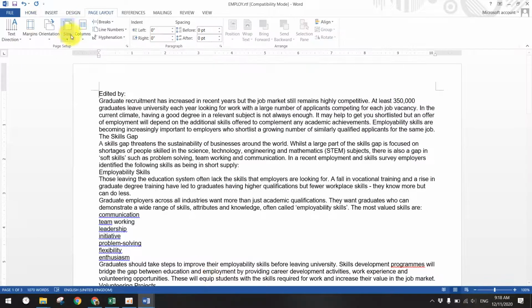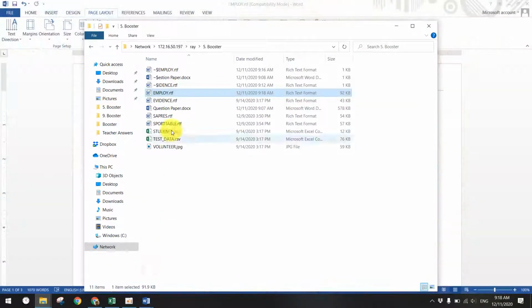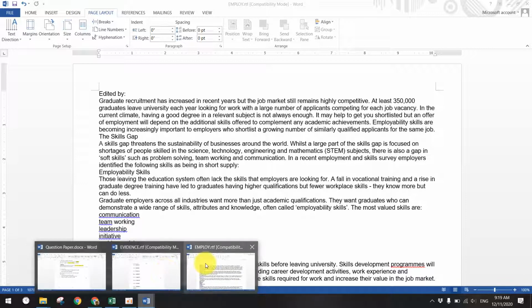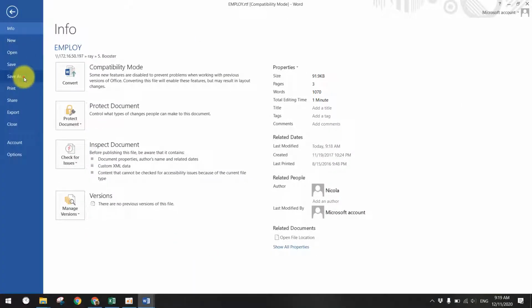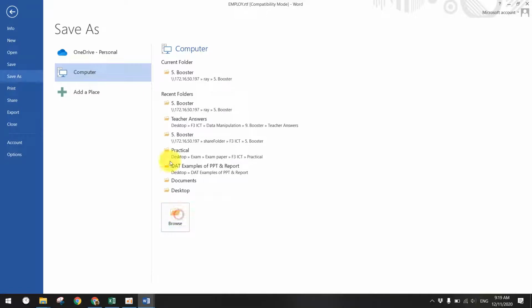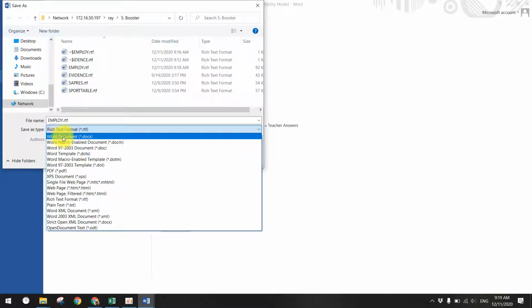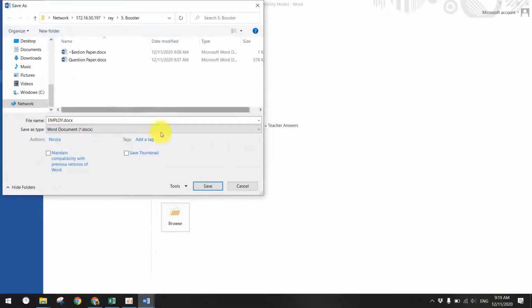So you need to save. Just save this one, save, and go to your folder, and you need to show. Okay, sorry about this. Because it's rich text format, I suggest you use the docx format, not the Microsoft Word document, to fulfill the requirement and get a high score. So for this one, save as, and go to your NAS. Select this one, Word document, and